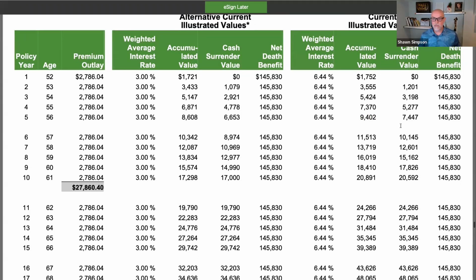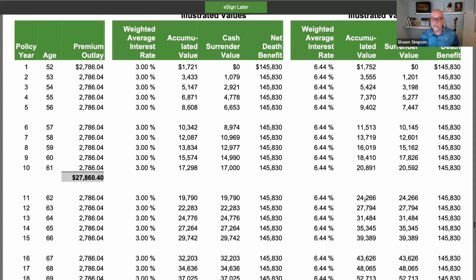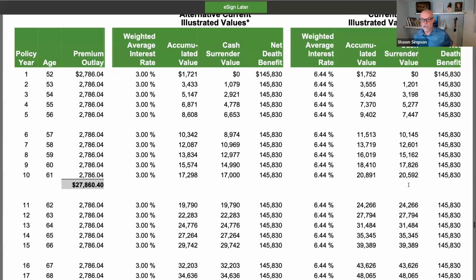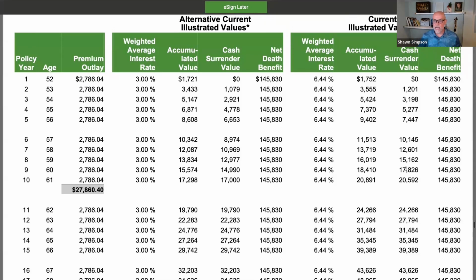And the reason why is because your cost of insurance for this death benefit of $145,000 for all the living benefits that come with it is front loaded in the first 5 to 10 years. Okay. And it's starting to get a little bit more evened out from 5 to 10 years, but it's really front loaded in the first 5 years. Okay. And if you look by year 11, it's now evened out. Okay, so all their cost of insurance now, if they surrender the policy, the carrier's not going to lose any money. Okay, and that's why it's front loaded. Okay, so that's cash surrender value, and that's accumulated value. Okay,